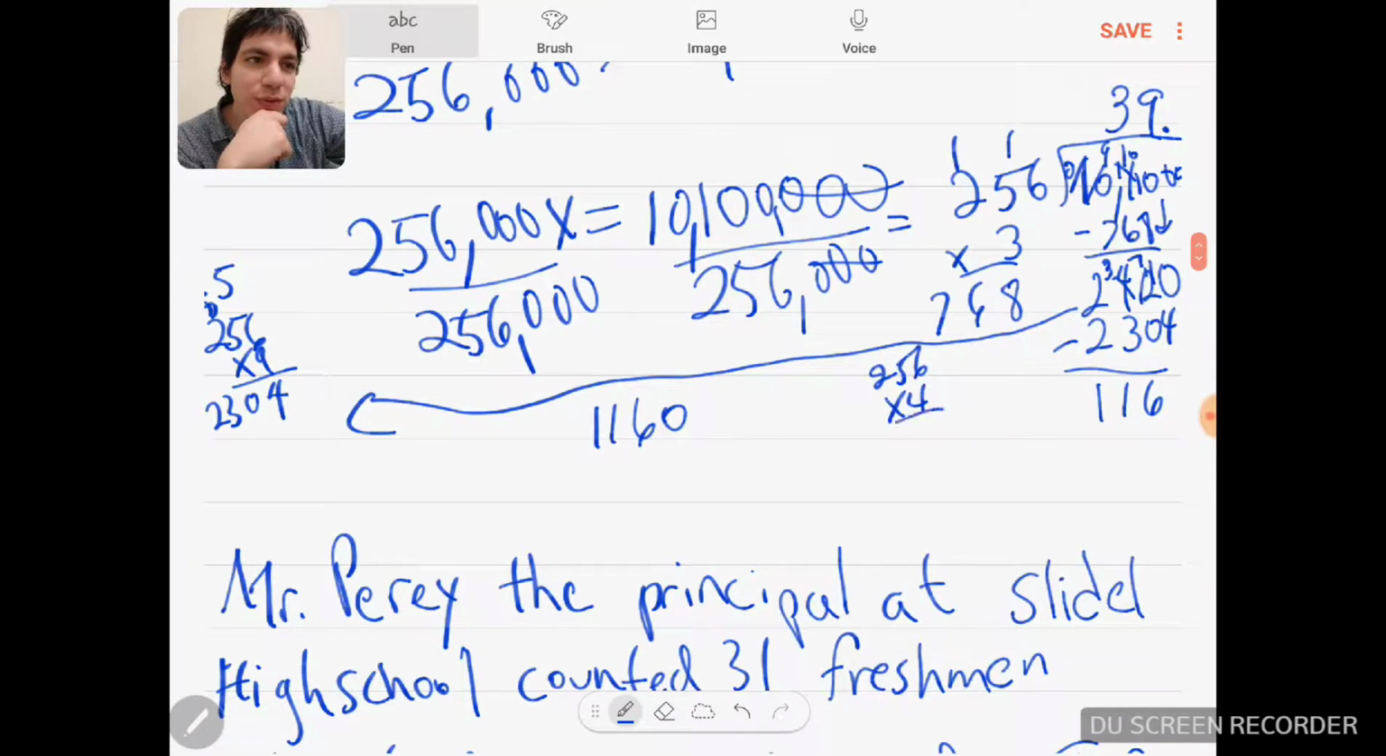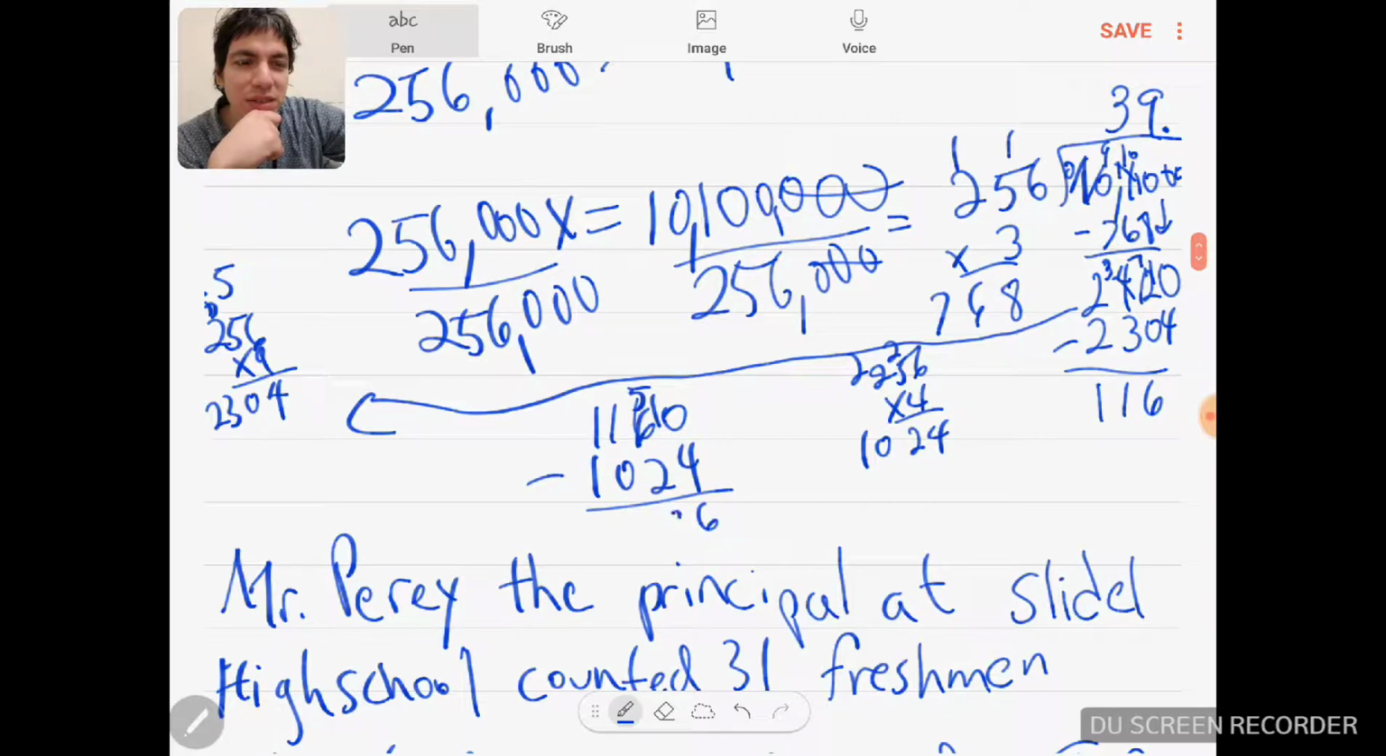256 times 4, I get 24. 4 times 5 is 20, add 2 more is 22. 4 times 2 is 8, add 2 more is 10. So I get 1,024, I subtract, I borrow, I get 6, 3, 1. Now, I'm not gonna stay here all day, so I had to put a 4 on top, by the way. I'm not gonna stay here all day trying to figure out what the exact thing is, but the question did